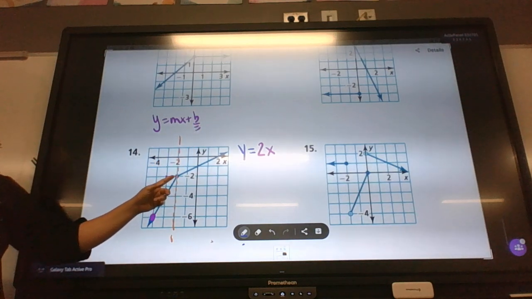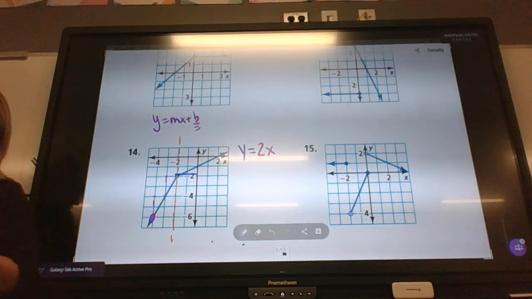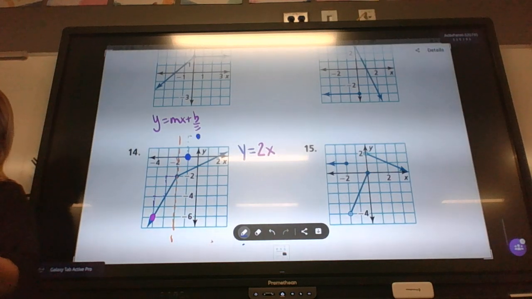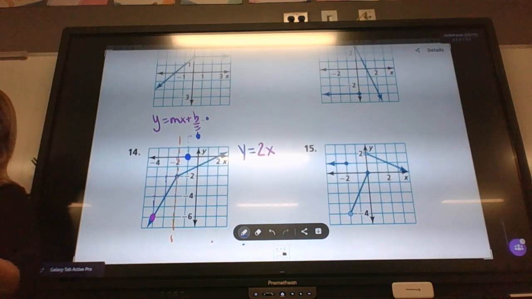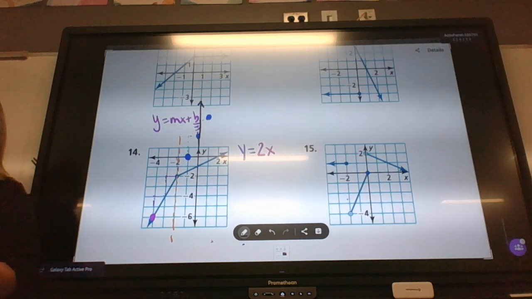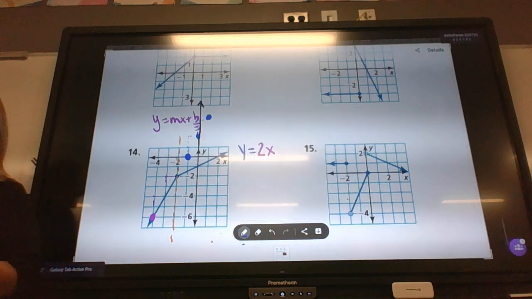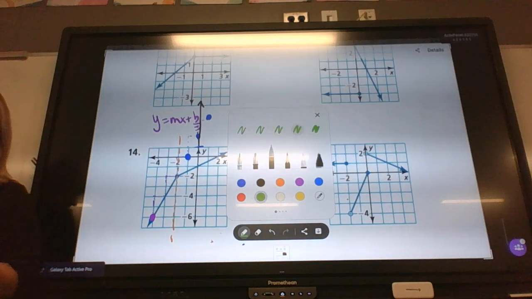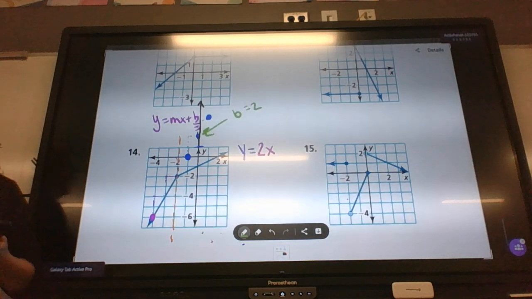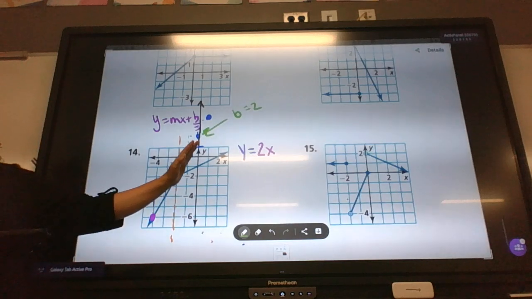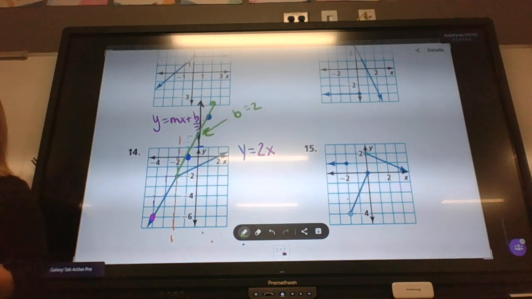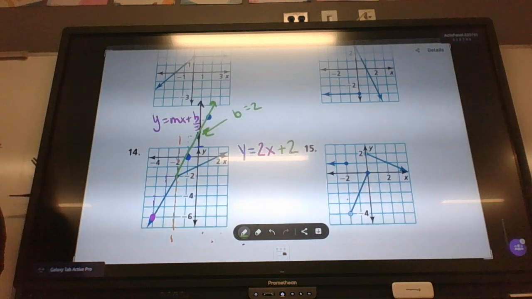So I'm going to continue drawing the line. Up 2 over 1. Up 2 over 1. Up 2 over 1. And when I continue drawing the line, I can see that the y-intercept, the b value, would be positive 2 if this line extended. So the first equation is 2x plus